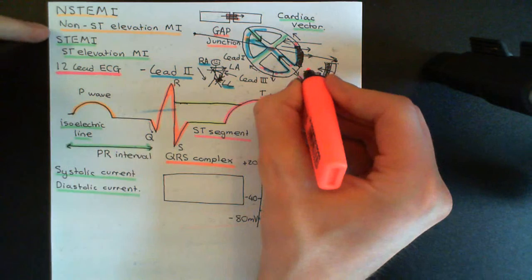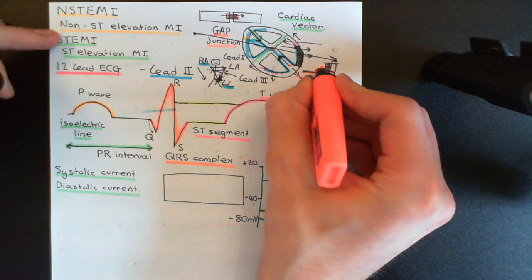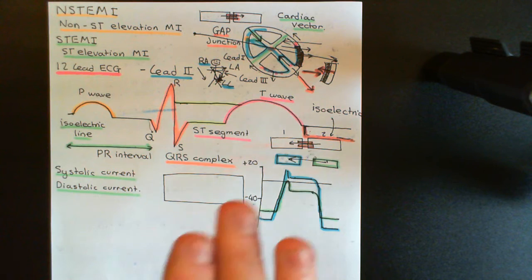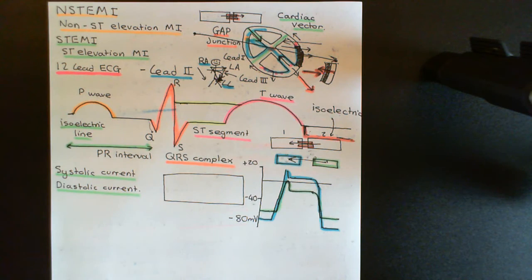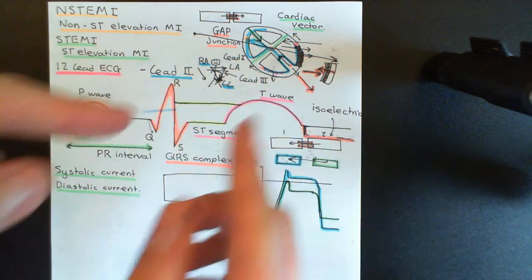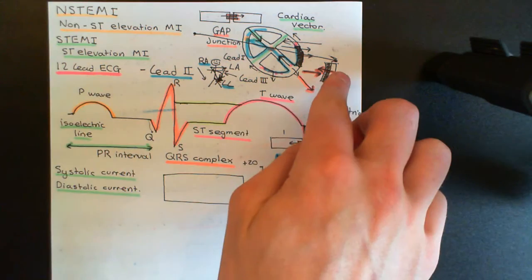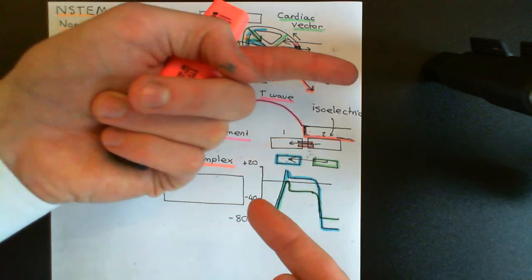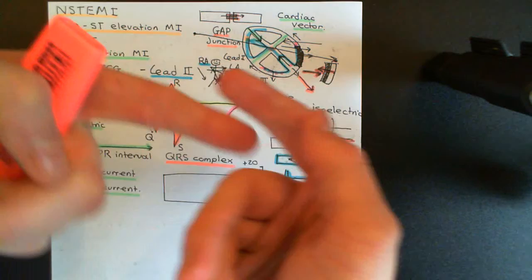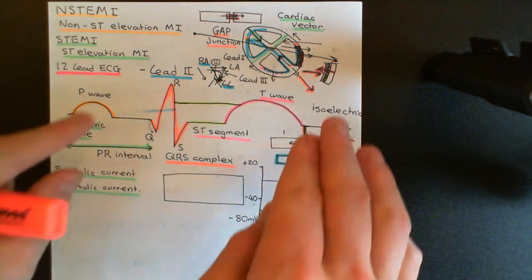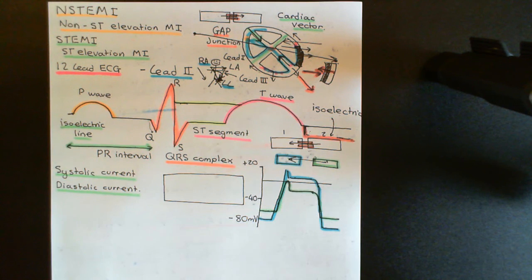Can you understand, with basic intuition here, that those two currents could potentially cancel each other out? Overall, if we're looking at the electrical potential difference between these two points, are we actually going to notice any difference? Well, if we've got an equal amount of current moving in that direction and an equal amount moving in that direction, those are going to cancel each other out, and you're not going to see any changes in the electrical potentials of these two points, and therefore you're not going to see any change